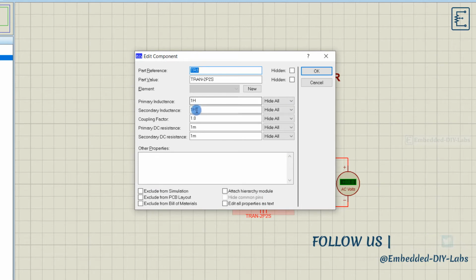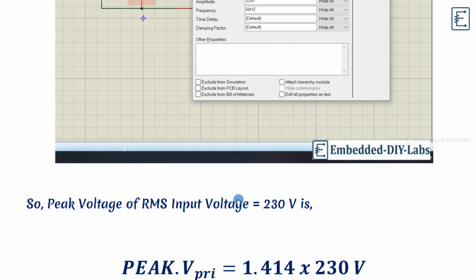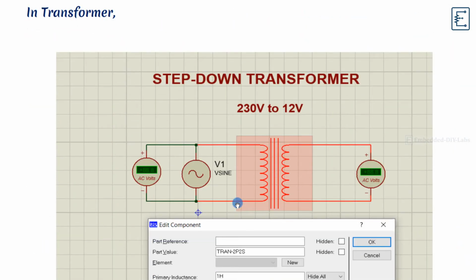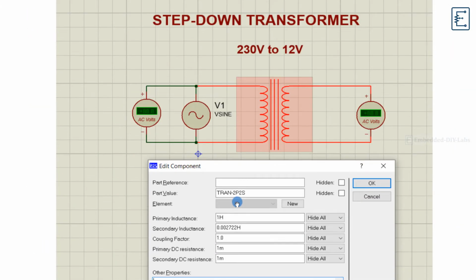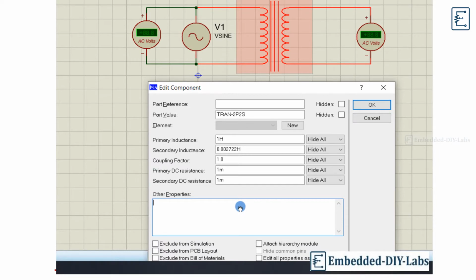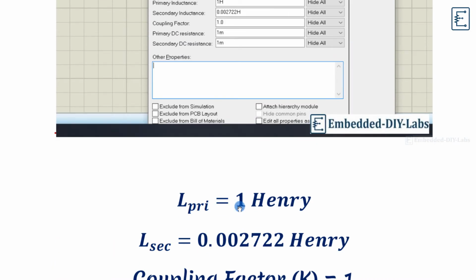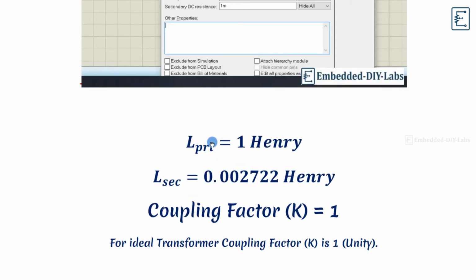Then we have to enter the transformer inductance values. We have already calculated that. For 230 volt to 12 volt, the primary inductance is 1 Henry and the secondary inductance is 0.002722 Henry. The coupling factor is 1.